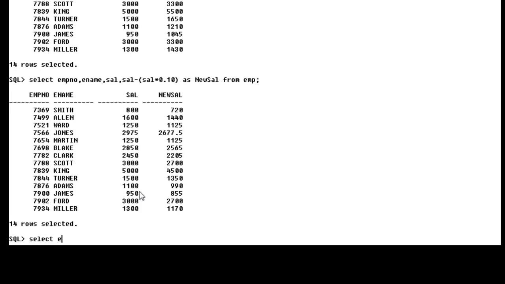Select empno, ename, sal, and I want to create a bracket for sal plus, again a bracket, sal * 0.10, close the bracket, and then * 12 as annual sal with increment from emp.